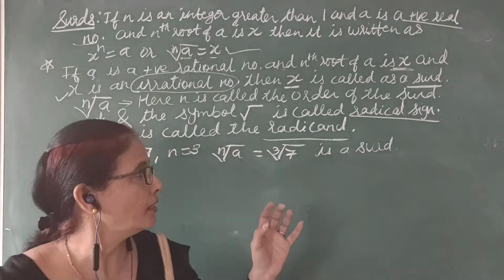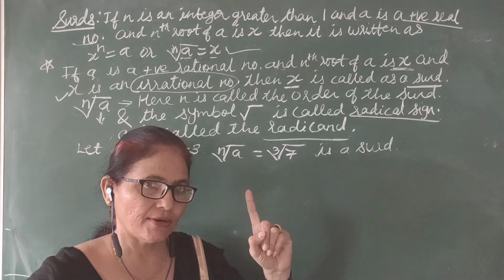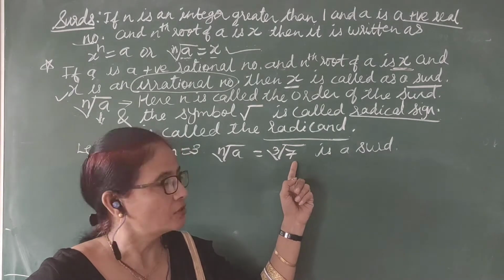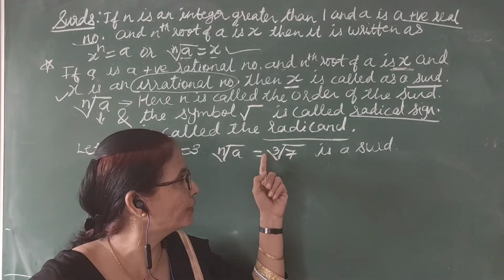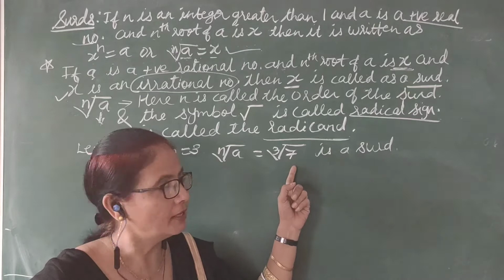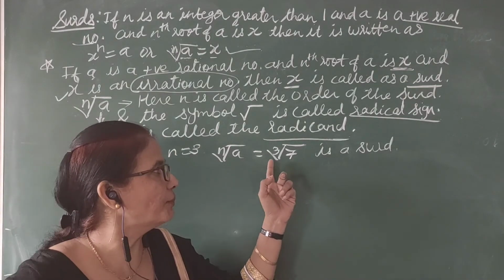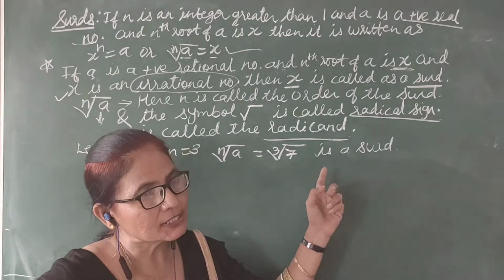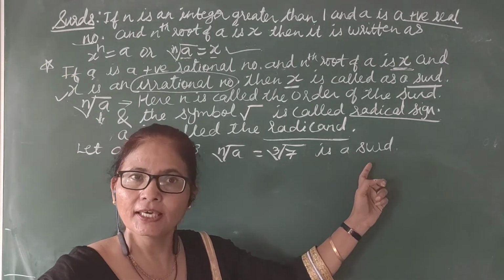Or a very easy way, see, if I find the factors of 7, I will get only 1 times 7, 7 ones are 7. I am not getting 7 as a triplet. If you were getting a perfect cube root of 7, then it would not be a surd. But you don't have the perfect cube root of 7. Whatever answer you get is irrational, so that's why it is a surd.